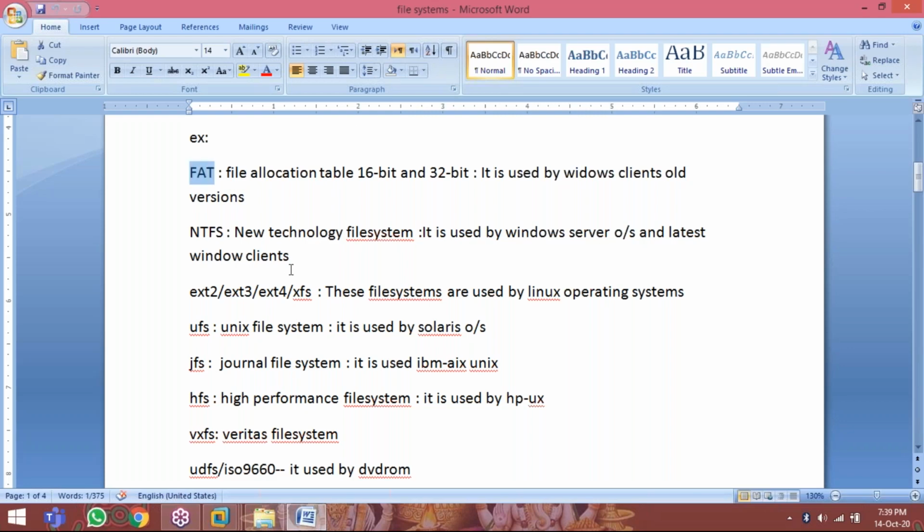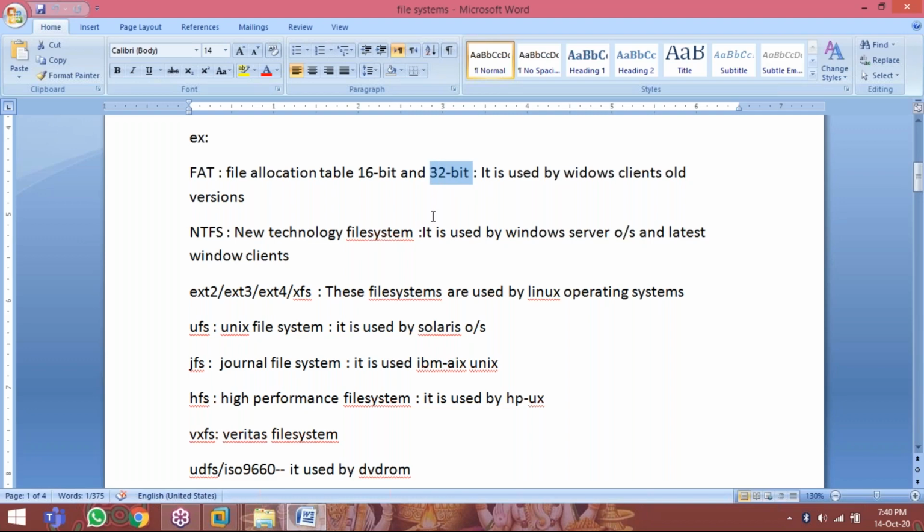Before that, we had the DOS file system, MS-DOS, Disk Operating System. Now they released the FAT file system, File Allocation Table, 16-bit and 32-bit. Somebody may have a doubt about what 16-bit, 32-bit means. When you format the disk, whatever space you selected, it will create tables of 16 bits each. So 16 bits of data fit into one table. If it is full, it goes to the next table. Then from the Windows 98 edition onwards, they introduced the 32-bit file system.